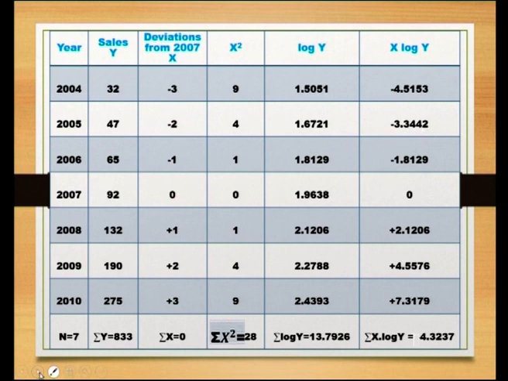Summation x is equal to 0, then summation x square is equal to 28, and then taking natural logarithms, that is log to the base e, log of 32 to the base e is